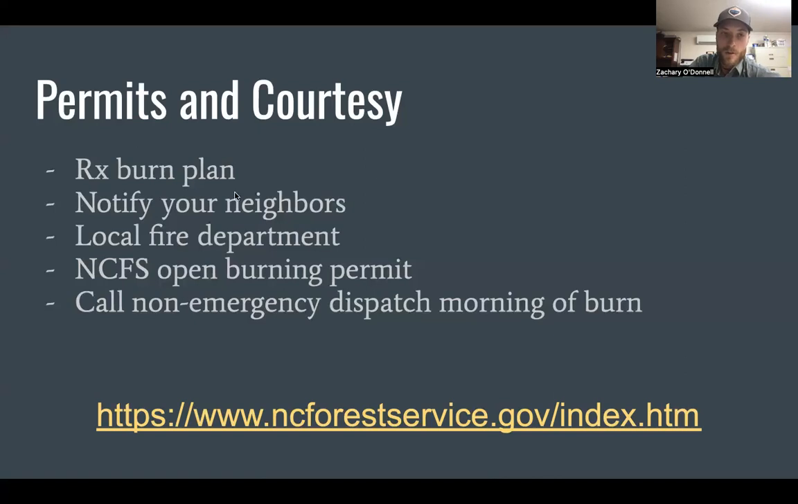If you're going to burn with a certified burn plan, it is required to notify your neighbors. I don't think you have to actually get a response from them as long as you put something in their mailbox or you've sent them an email, left them a message. That's the bare minimum. I would notify your local fire department in case they want to help out,